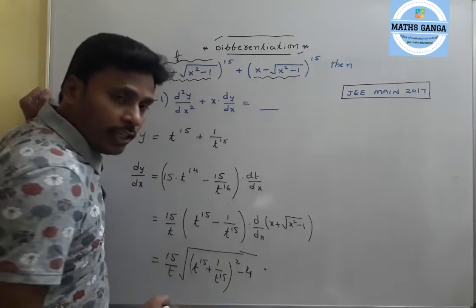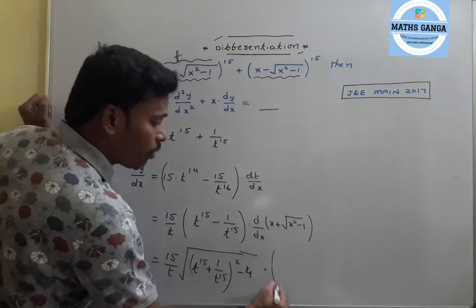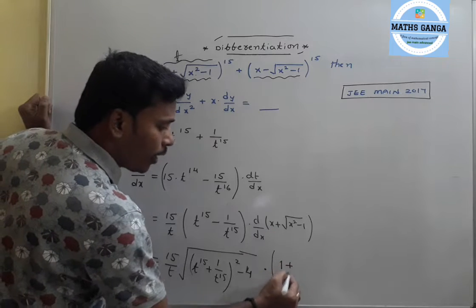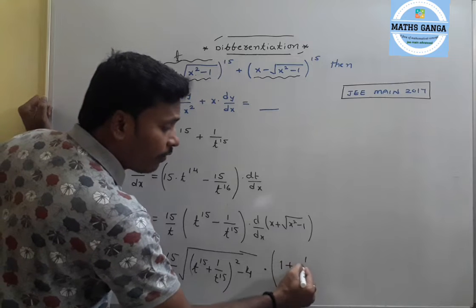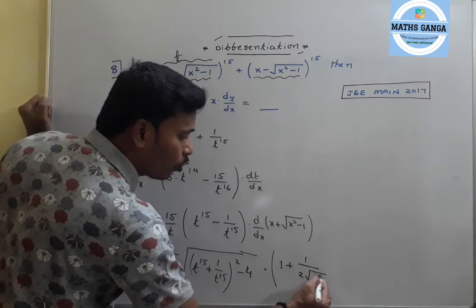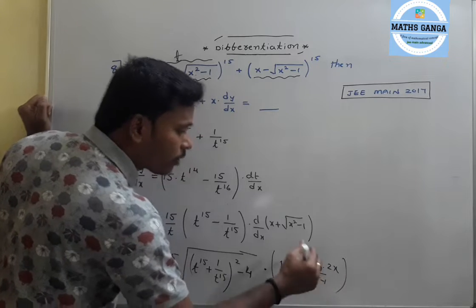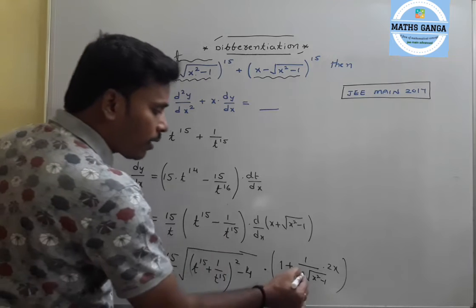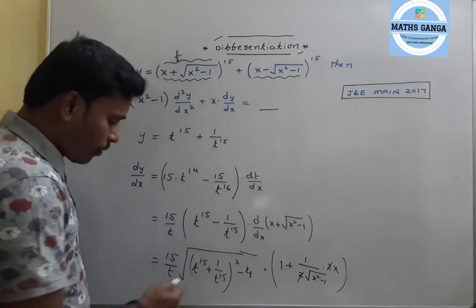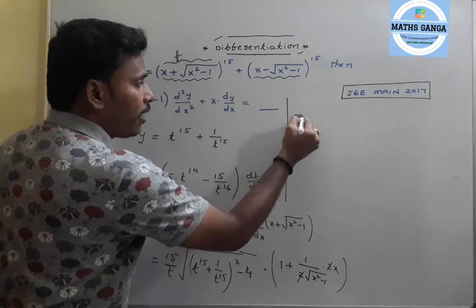This part is into the derivative of x plus root x square minus 1 with respect to x, which becomes the derivative of x, which is 1. For root x square minus 1, the derivative is 1 by 2 root x square minus 1 along with 2x, because that is the derivative of x square minus 1. Now simplify this part, cancel the 2 and 2. So this becomes, in the next step,